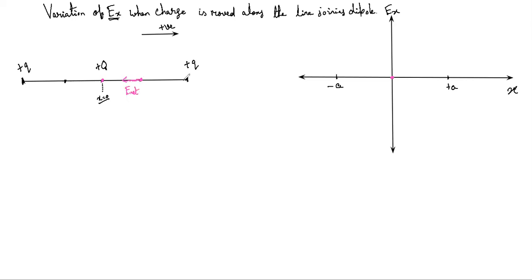Why? Because this distance is lesser compared to this distance, and charge का value तो same है. तो जो electric field होगा ये वाला charge कैसे? That will be more. Okay. So now how to plot this? This is towards the negative direction. Positive direction is towards the right. So net electric field is in the negative direction. That means electric field यहाँ पे कुछ negative value होगा.